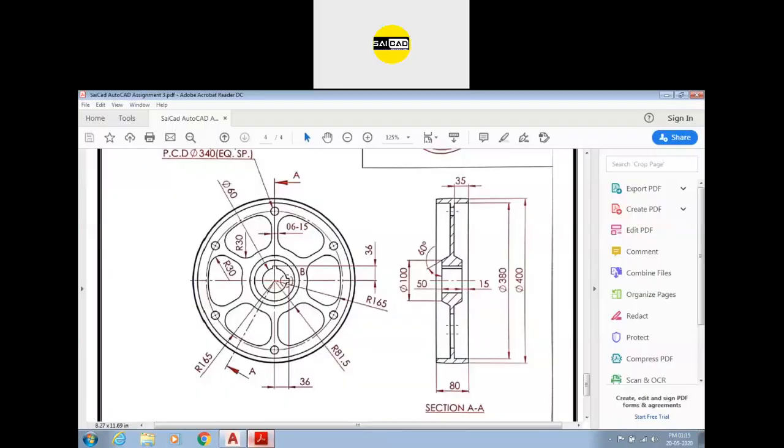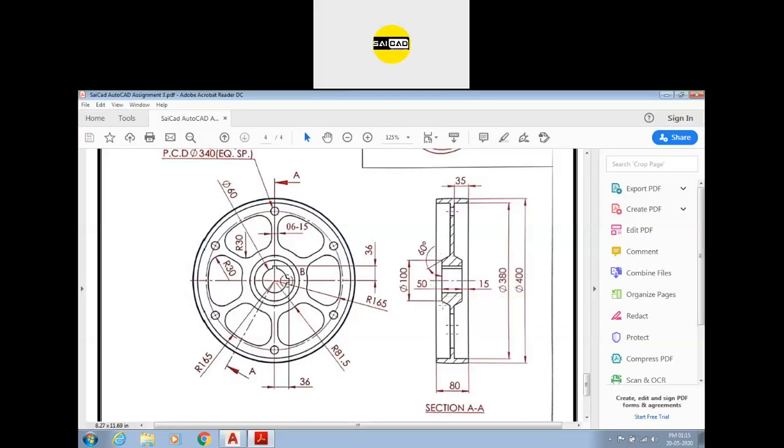So the next drawing we have is this shape here. We have its section view here. The section line is this one from here. The outer diameters are 380 and 400. The inner one is somewhere here, 60. This one with the arrow defined here, and the outer one is 100. This circle is 100. The third circle is not defined. It will be calculated from here because we have given some angle and some distances.